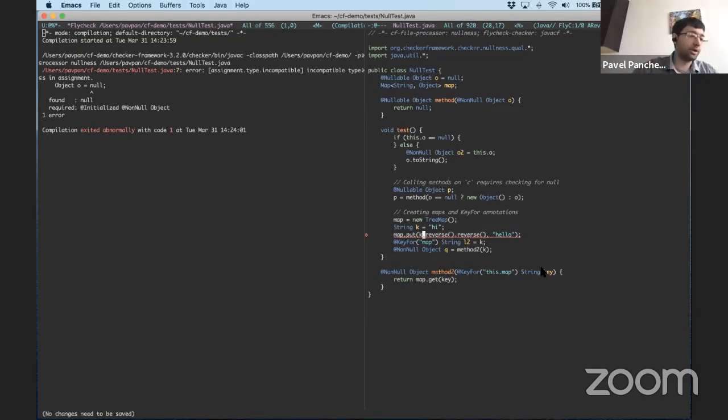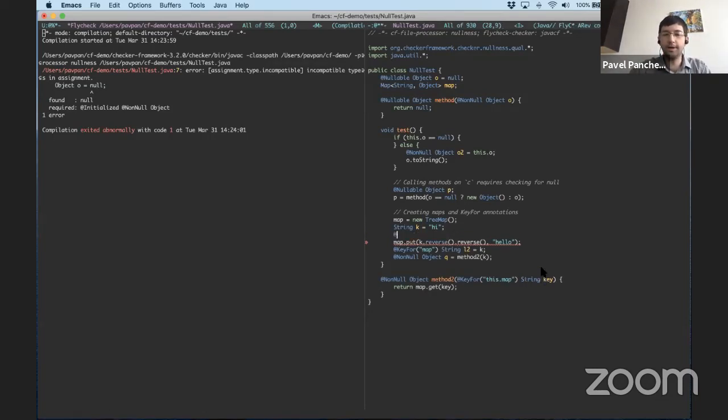Now, you could imagine if reasoning about string reversal was particularly important, that there might be some kind of annotation, reversal of, that would let you track that one string is the reversal of another, and then potentially you could regain this information.